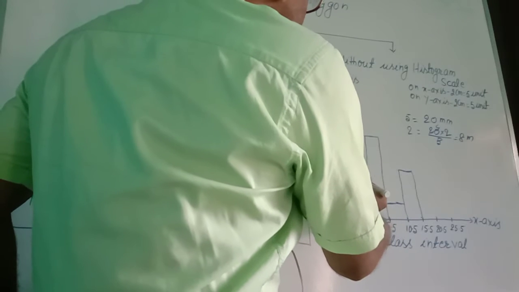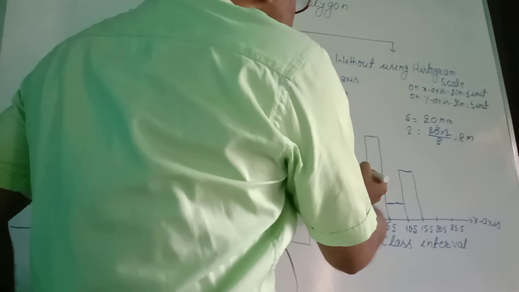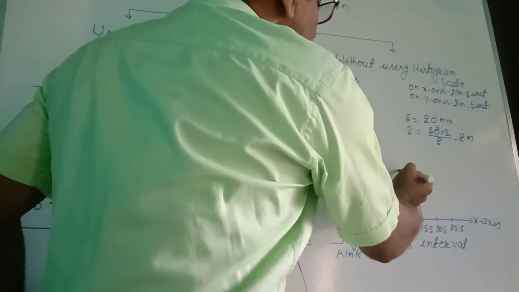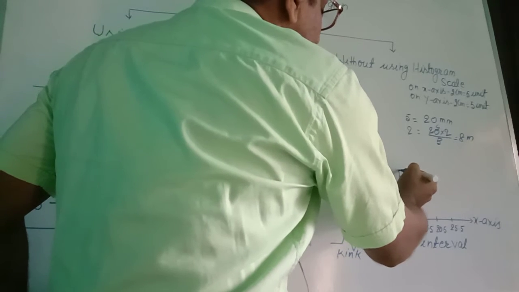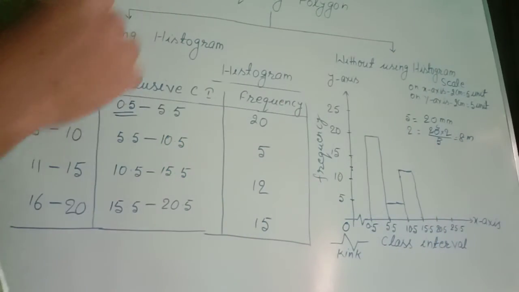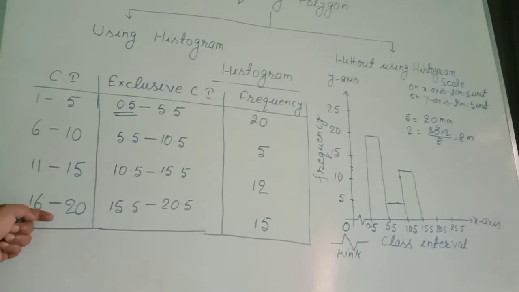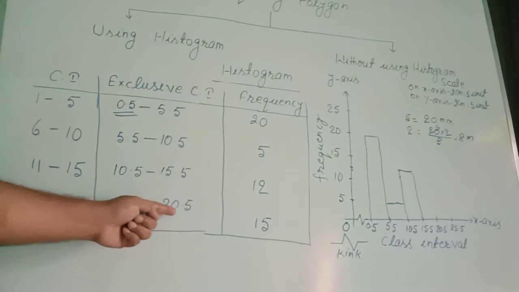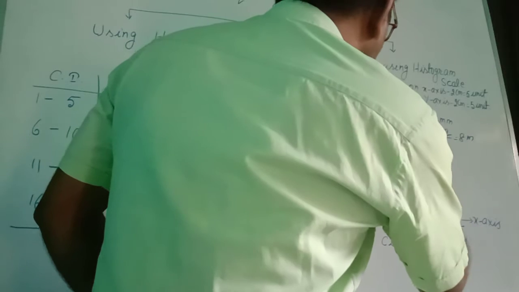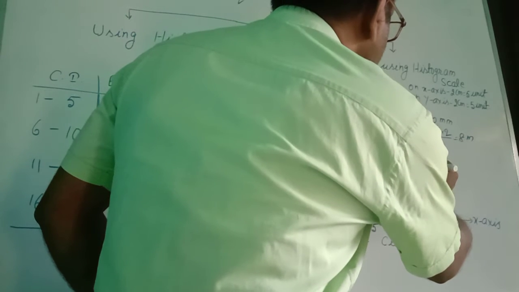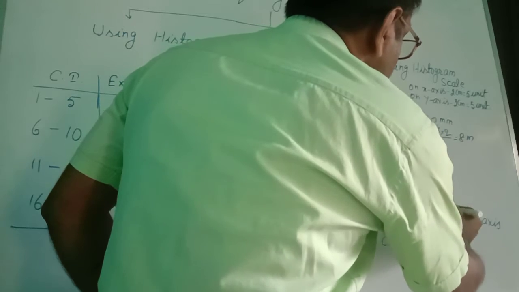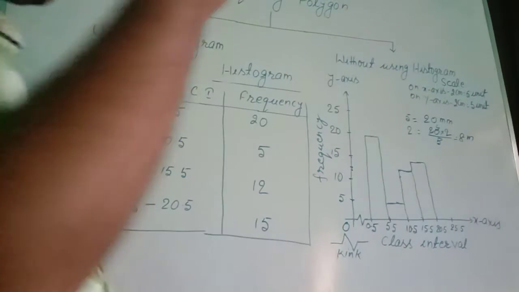Now we count 8 from here. Suppose this is 10, that is the middle point. 8 came here. Just in front of this, using a scale, we have drawn this line, joined this line and this line. This became 12. This shows the frequency 12. At the last class interval, 15.5 to 20.5, its frequency is 15. So 15 is a complete number, and there is no need to find any millimeter division for that. From here we draw this rectangle. So our histogram is ready.